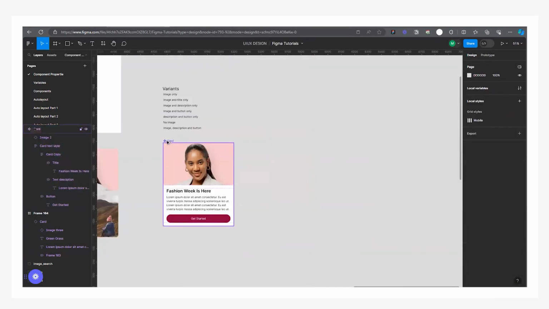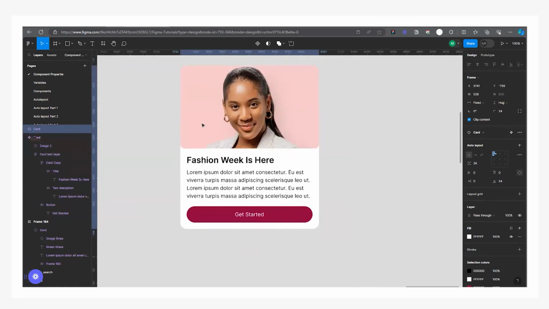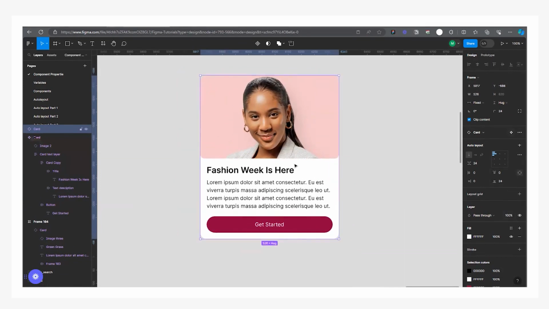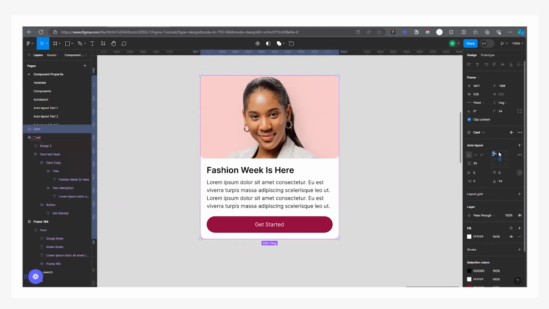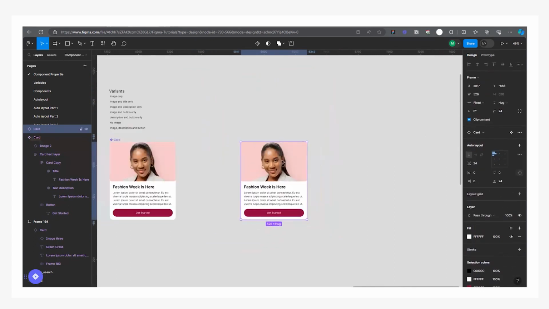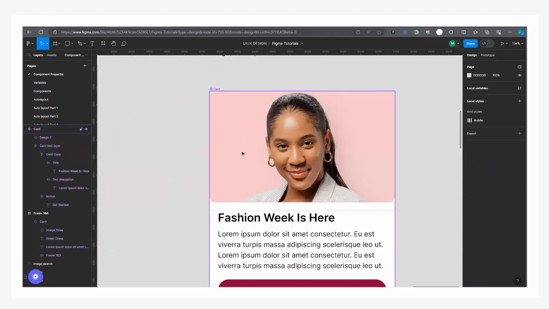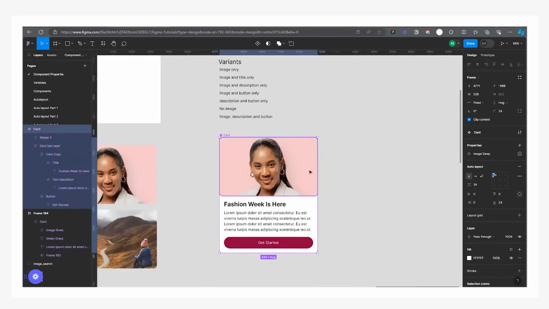Anytime someone comes to this design file and wants to swap this image, the only image option that they're going to have, right? Let's go to the image property. The only image that they're going to have, oh, before we do that, because we've created this component property, let's attach